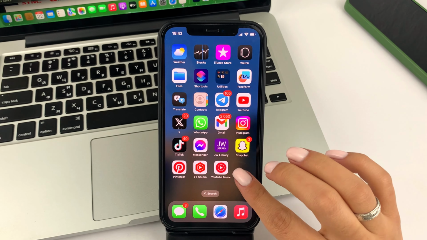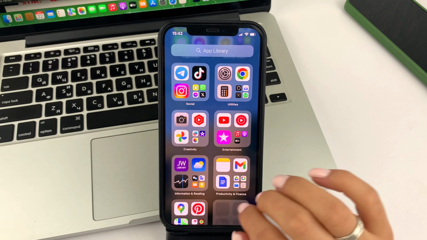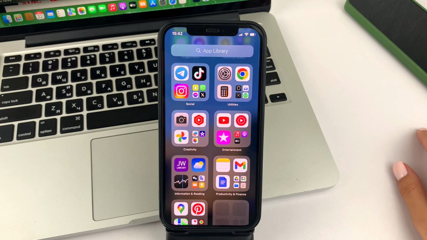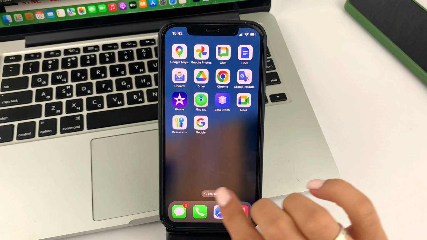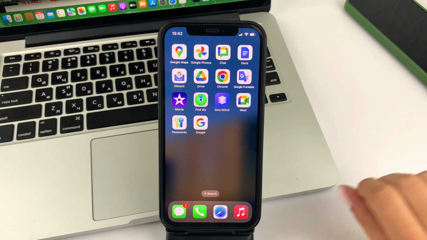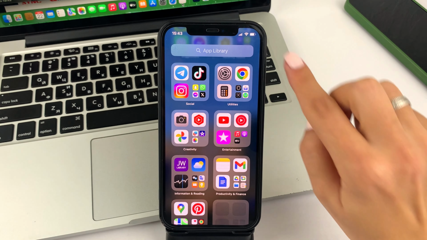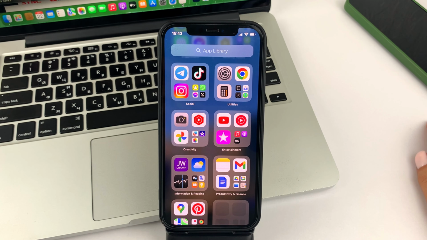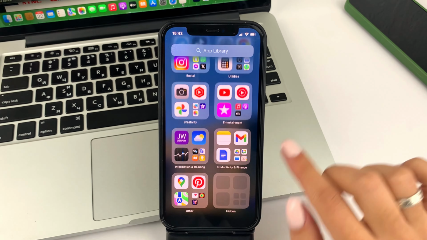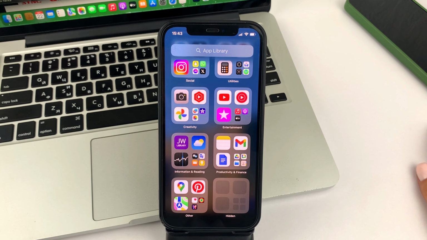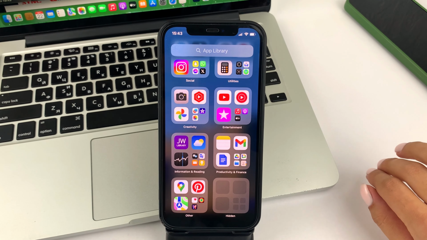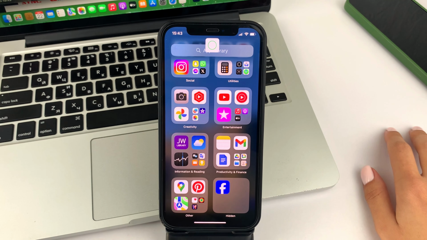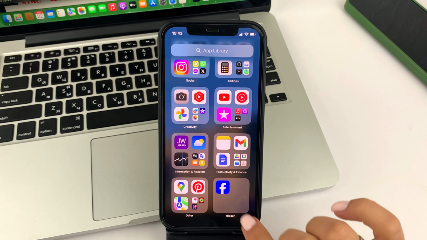So, for this, friends, you will need to swipe to the very edge to the App Library. To do that, swipe your iPhone's home screen from the right side to the left side until you see a window like this. And now, friends, swipe down and you can find a folder called Hidden at the bottom. Click on that. And as you can see, your Face ID will be scanned. After that, you will see the app that was previously hidden, in my case, Facebook.